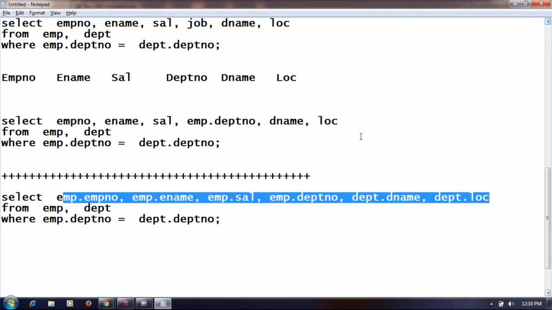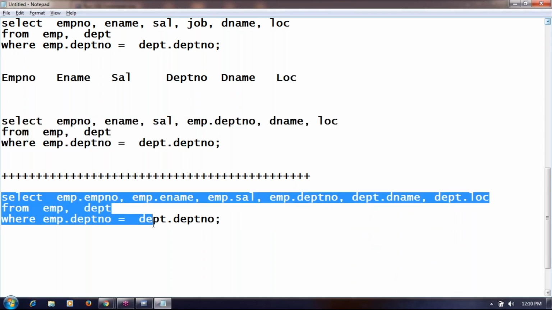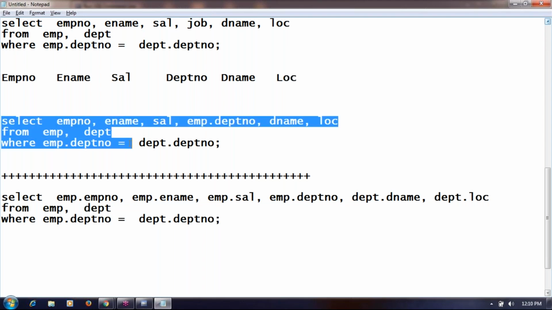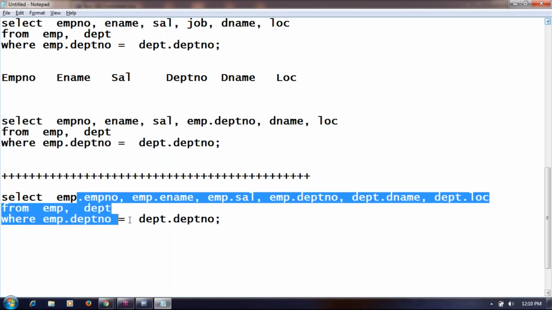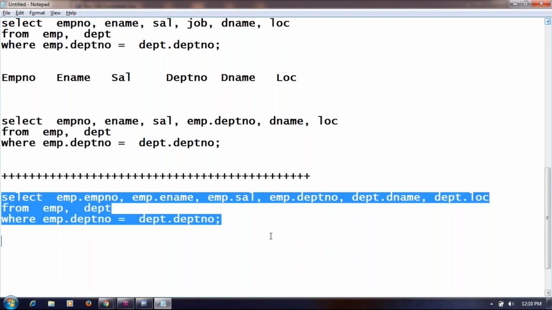Generally, as a developer, developers always prefer the first query rather than the second query, because the ambiguity problem is only for one column, so you prefix the table name only for that column. The length of the first query is very small compared to the second query. But from the performance point of view, the second query will run faster than the first query.